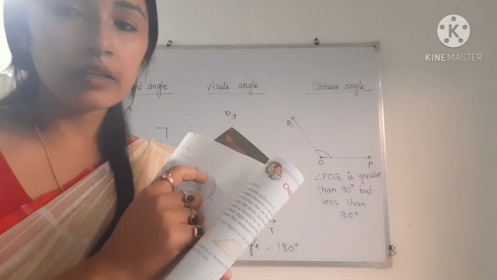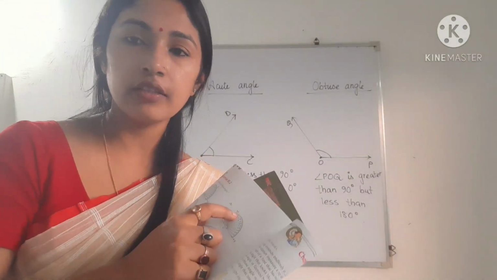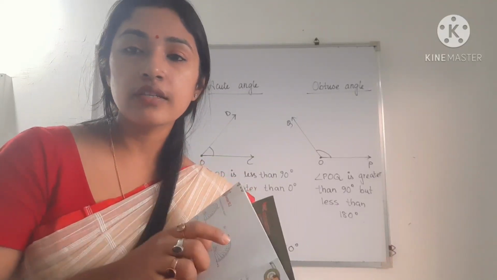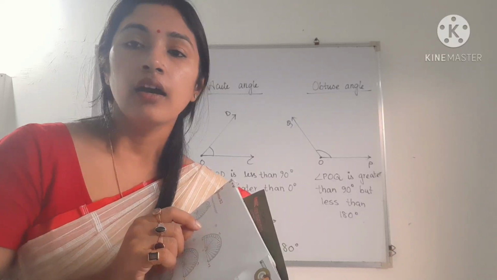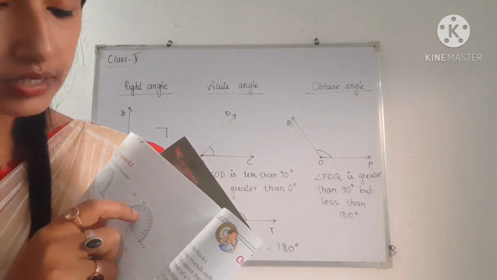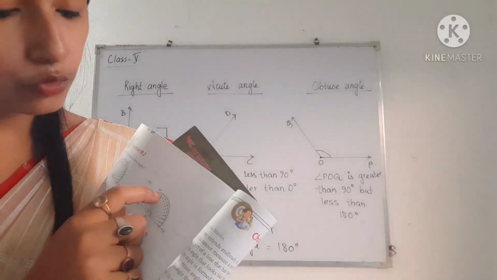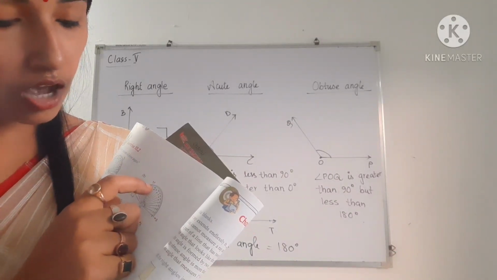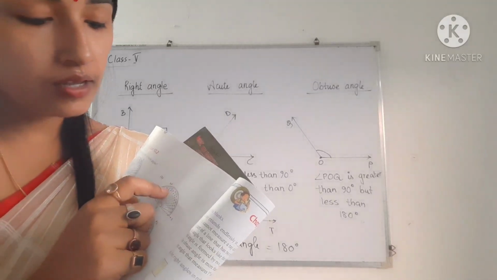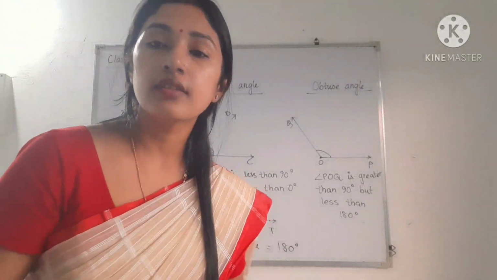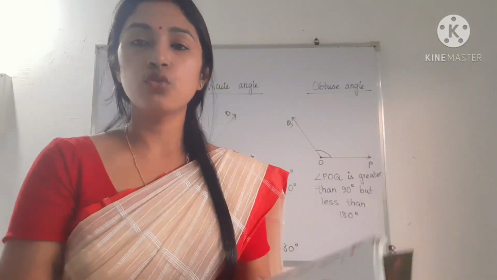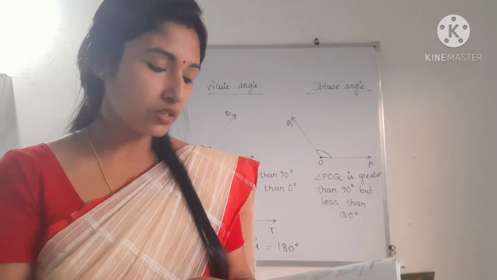Like in a scale, you have done this before in class 4 and 5. Using a scale we can easily measure the length of a line segment. So here, after 110 you have to go 5 small lines, and after 5 the red line is going. That means this angle measures 116 degrees, because you have to go 6 lines. So like that, just do the remaining ones in your book itself.